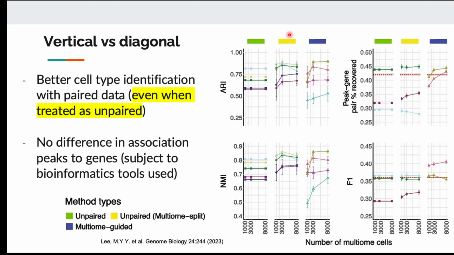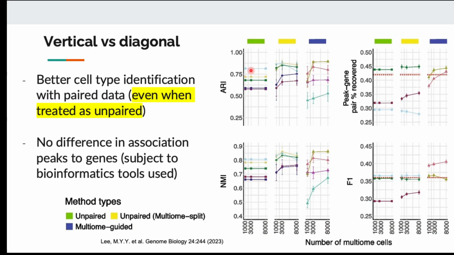But in real life, when you perform diagonal integration, cells that you have the RNA-seq data for might come from one lab, and cells that you have the ATAC data for come from a different lab. So it's not the same cell population. So yellow here is still a little bit of cheating inside because they assume that you get the exact same cells in the experiment. But in real life, it should be the green condition where the cells that you analyze are different for each